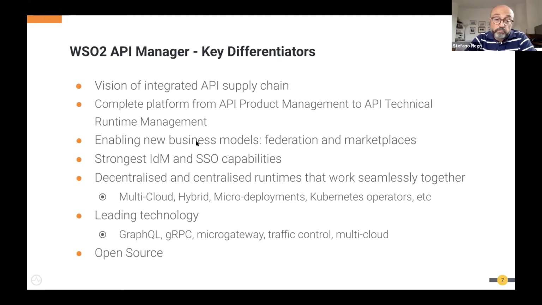And also, Paul discussed a lot of these federations and marketplace. We think we have the instruments for enabling these new business models. Because this new business model means that you have to have, for example, a developer portal. You can connect many API